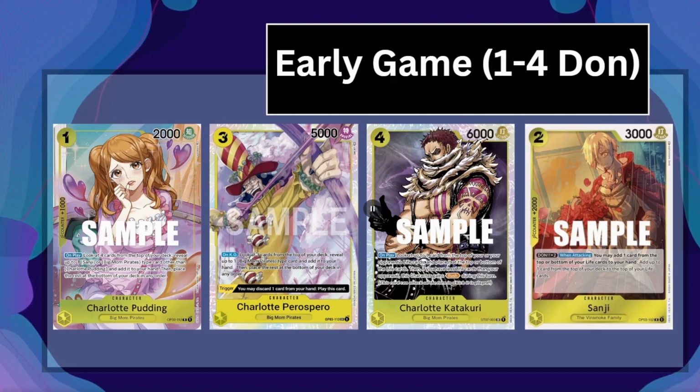If you're going second, and it's your first turn, and you don't really have a good hand, you don't have a 4 cost that you're gonna play next turn, you don't have your big moms, you don't have any searcher, then play Sanji on your second turn. Just because he's gonna help you draw, to help you get to the cards that you're looking for. But if you already have a 4 cost that you know you're gonna play, then I wouldn't drop Sanji on your first turn,